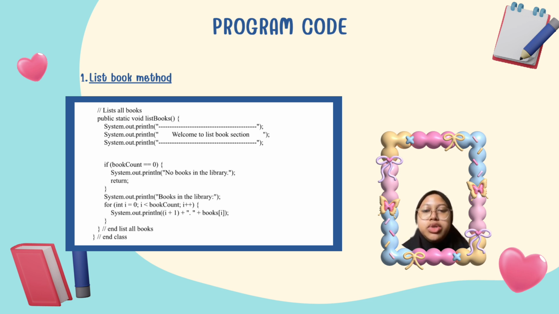But if the user enters a number other than 0, the books in the library will appear and the program will list all the books that the user entered before. As shown, we use a for statement that will loop